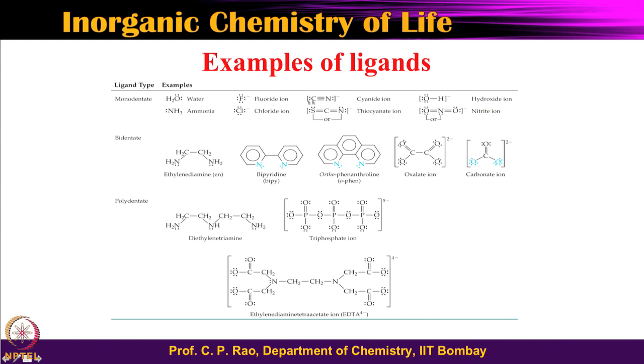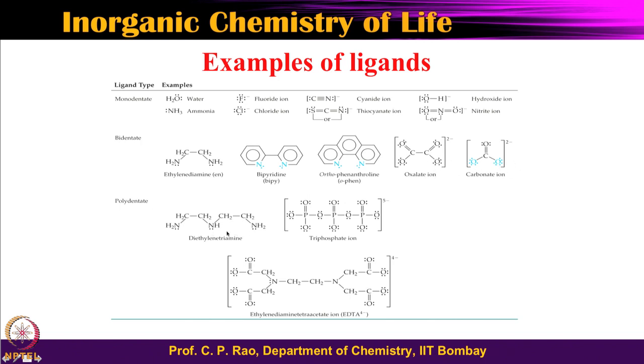These are all monodentate, that means they bind to the metal center through only one connectivity, a single connectivity. Okay. And these are some examples for bidentate. You see the nitrogen here of the amine, the nitrogen here of the amine, both of these can bind. So, when both of them bind, it is called bidentate. Even though there are two centers, if only one binds, then it is still a monodentate, it cannot be a bidentate. Okay, for example, bipyridyl has two nitrogens; if both of them bind together simultaneously, it is a bidentate. Then you have a phenanthroline kind of thing, and you have other kinds of ligands too.